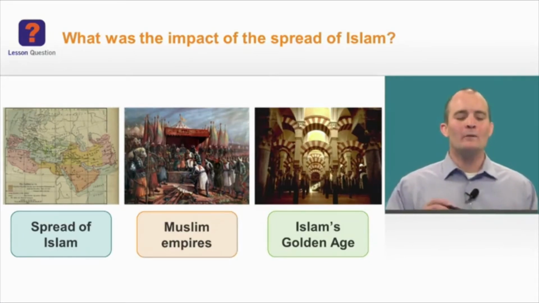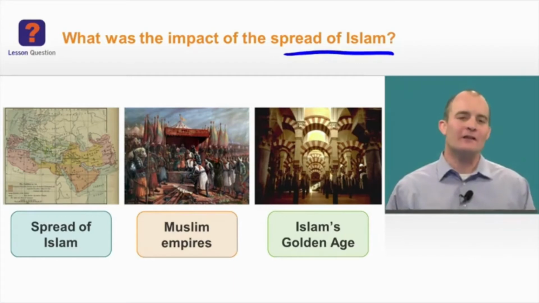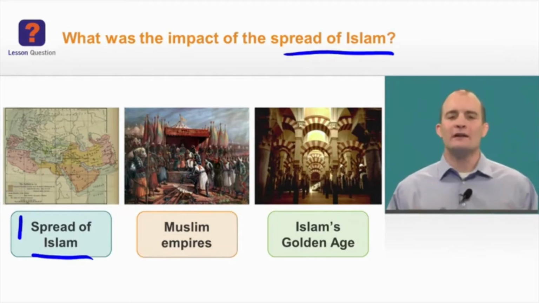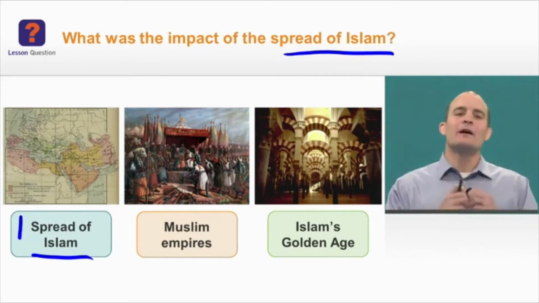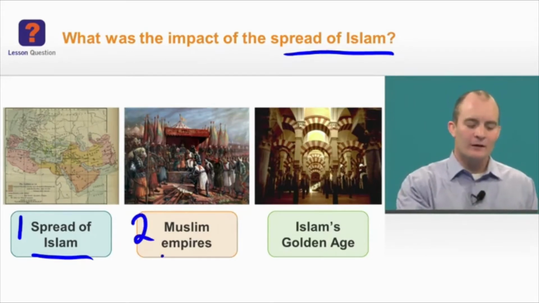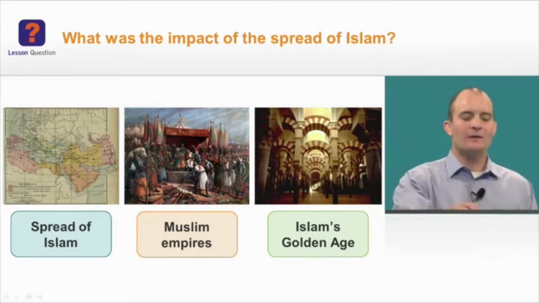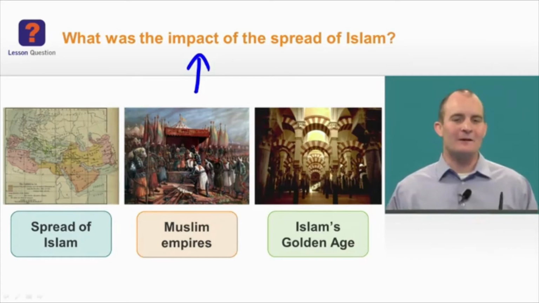It says, what was the impact of the spread of Islam? Well, we began answering that question in the first part, where we talked about the spread of Islam under the four caliphates after Muhammad's death, and how by the use of trade, missionaries, as well as military conquest, Islam was able to spread rapidly within 100 years. In this second part, we're going to continue by looking at various Muslim empires, and in addition to the spread of Islam, we'll be able to further answer our lesson question, which again is, what was the impact of the spread of Islam? Let's get started with this second part, scholars.